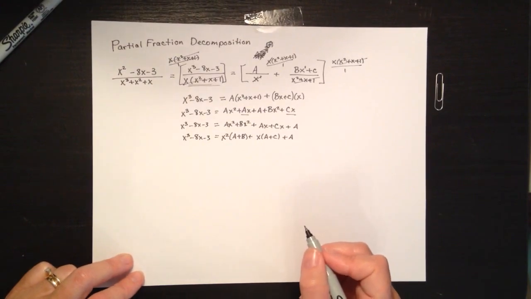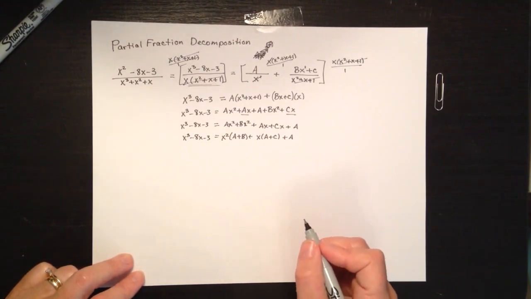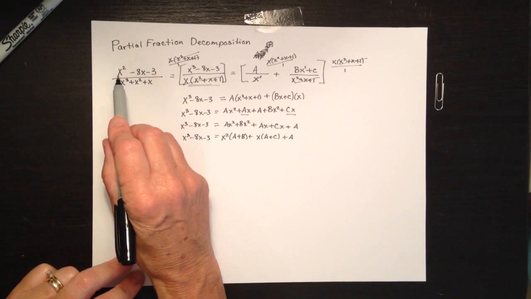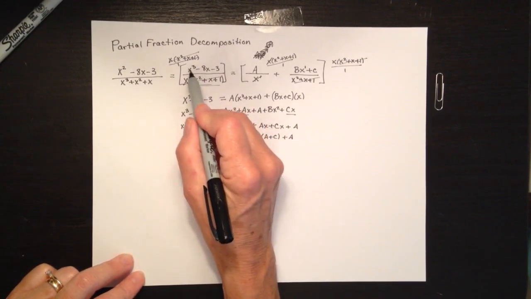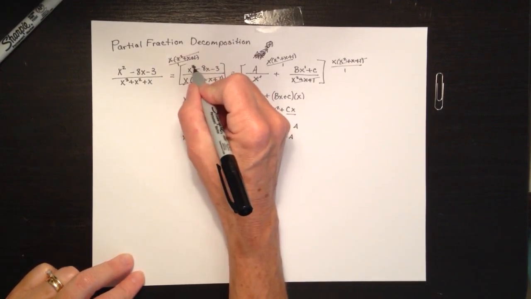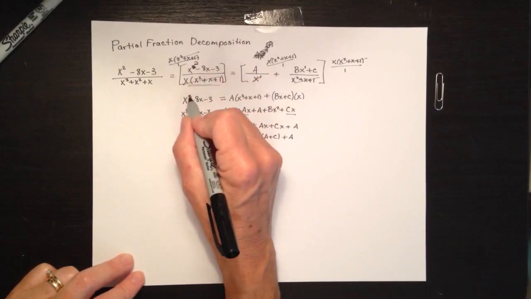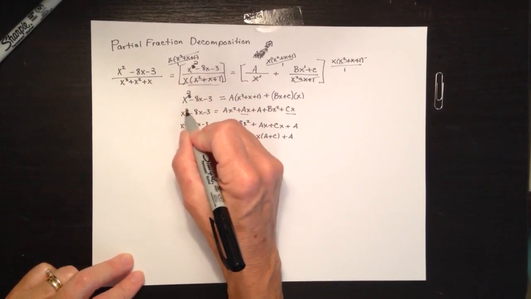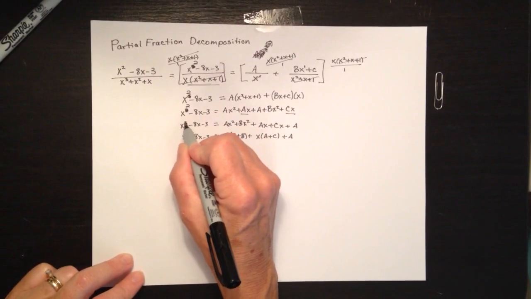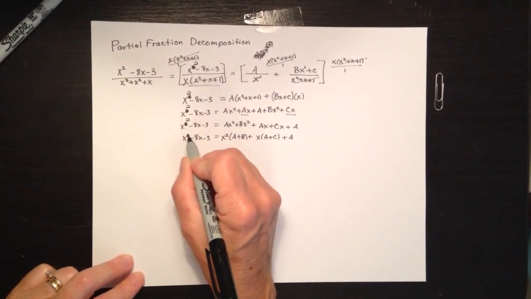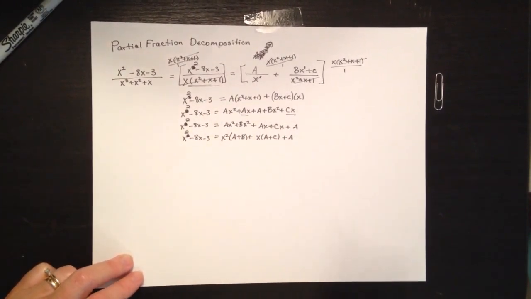Oh, I see a mistake I've made. The original problem was x squared, and I've changed this into x to the third right here. So let me just go through and correct this mistake. This is supposed to be x squared all the way down. I'm sorry about that, but there we go. Okay, now